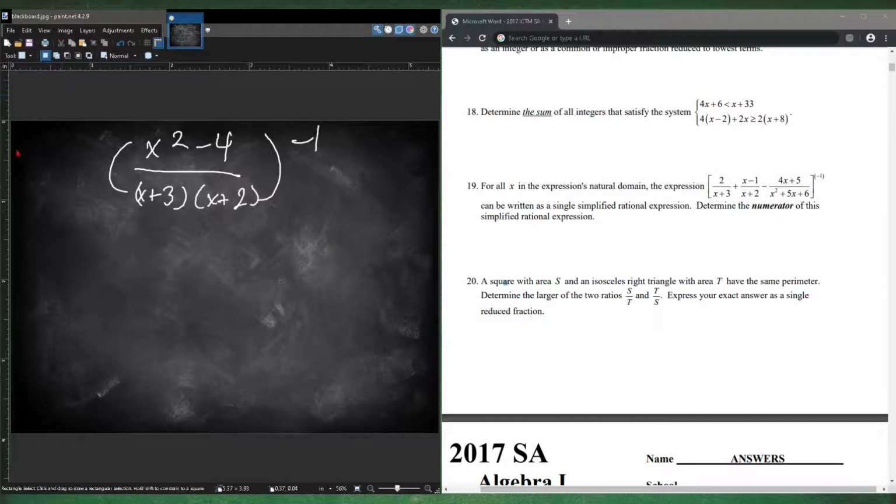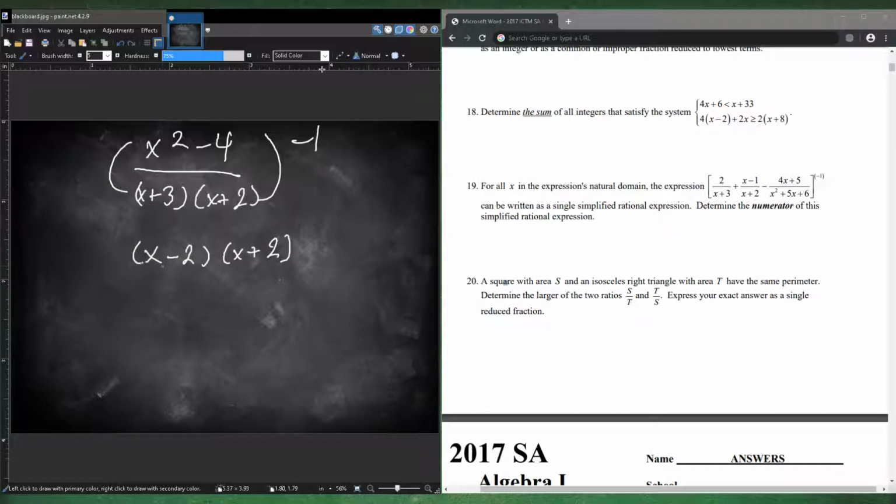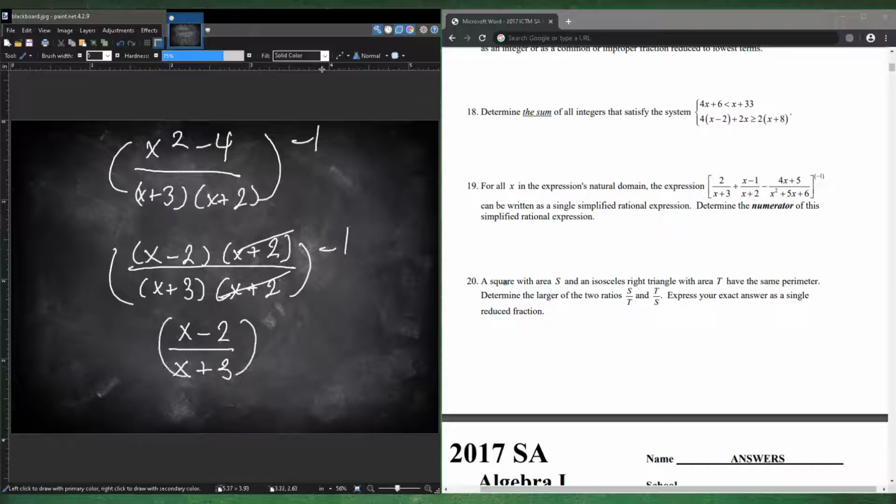Okay, so now we have that simplified one. Let's simplify this even further, because this is just a difference of squares, right? So that would be x minus 2 and x plus 2 on the top, and then x plus 3 and x plus 2. It's still in parentheses, negative 1. This cancels with this. So then we have x minus 2 over x plus 3, raised to the power of negative 1,